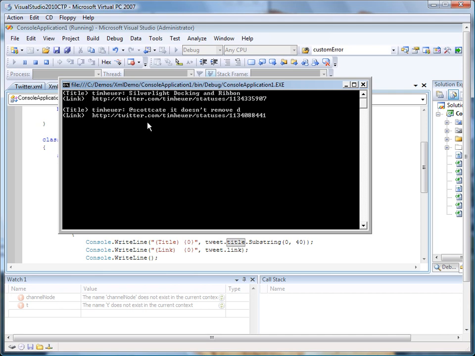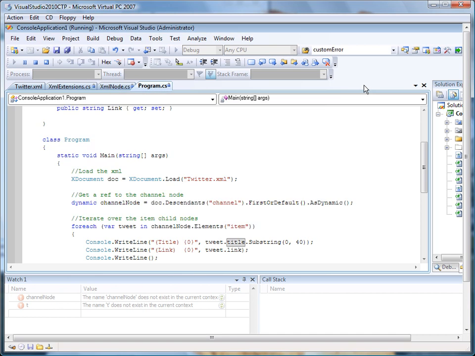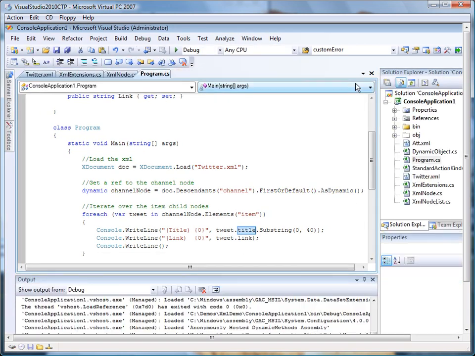And you'll see that all the code worked. We did the dynamic lookup, and so let's see how that worked. So let me jump back and take a look at the code. The real magic is that we